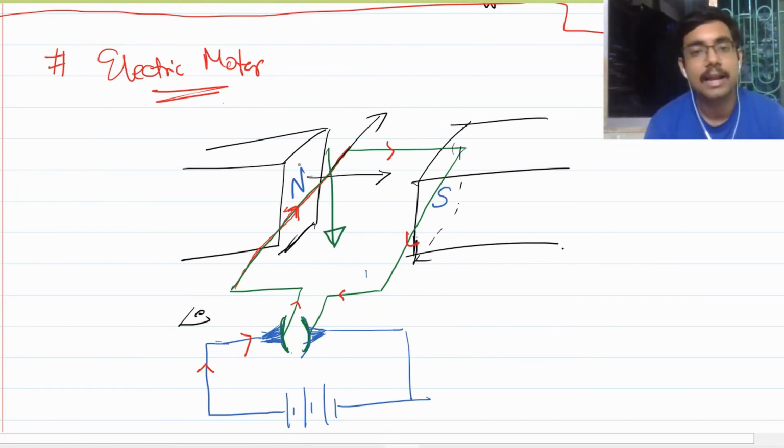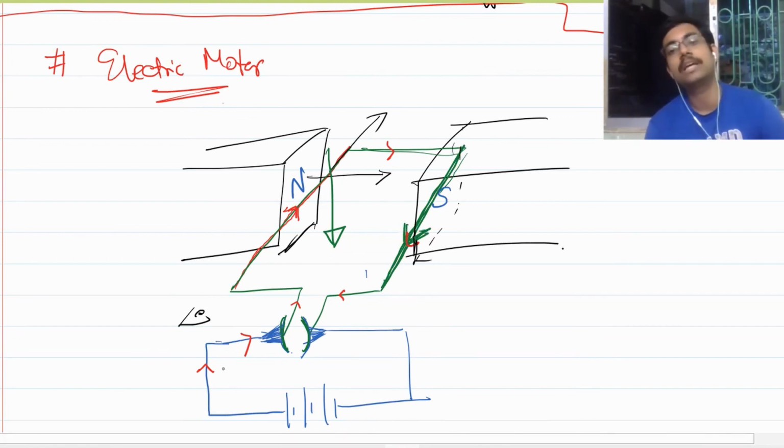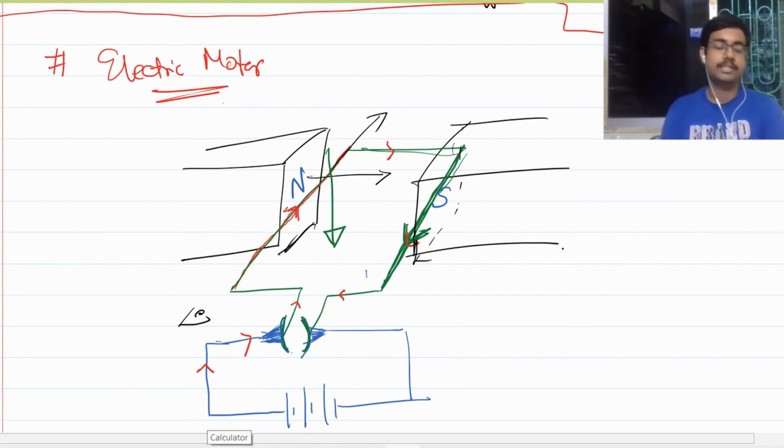Now this is the current that is going, and it is again flowing back through this part. Now in this green part where the current is flowing like this, can you tell me what will be the direction of force on this? Please use your head and tell me. This time I want to take answers from Anneshwar. If you understand this, you will understand nearly everything about motors, if you just understand the mechanism of this.